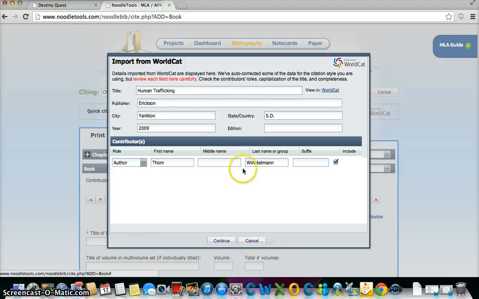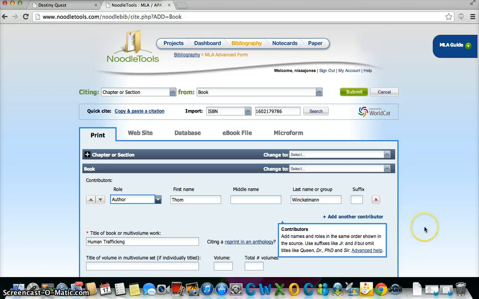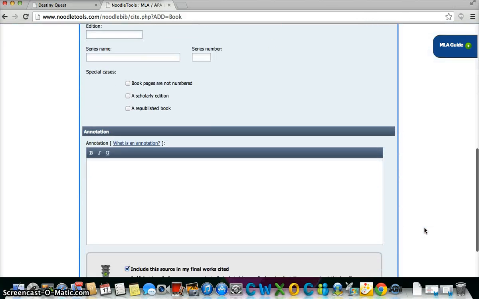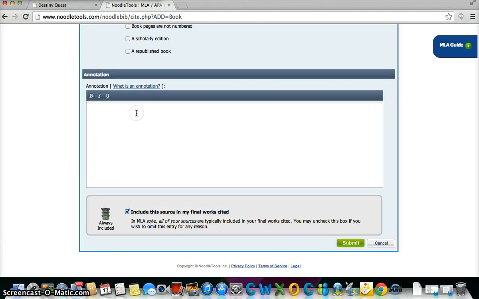The fields have been filled in for me, and once I'm satisfied that everything looks correct, I'll hit continue. And then we'll come to this, and the fields are filled in, and all I need to do is write my annotation. If you're not sure what an annotation is, you'll click on this to read what an annotation is, and you could do a critical one. So based on your probing questions, you're going to write